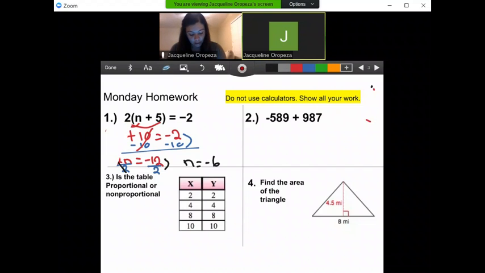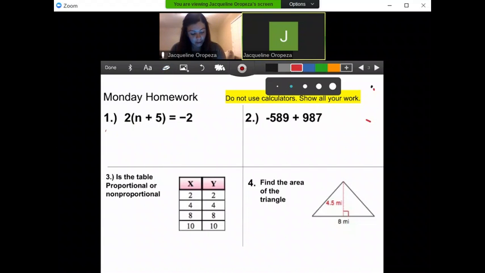The second way is by getting rid of this 2. We get rid of it by dividing it to both sides. So when I divide by 2 to both sides, my 2's cancel out, leaving me just n plus 5 equals,